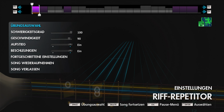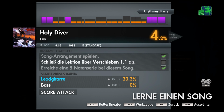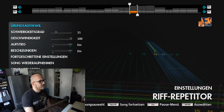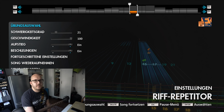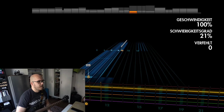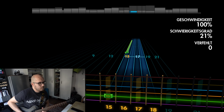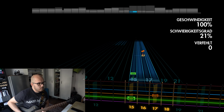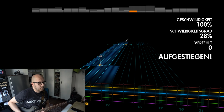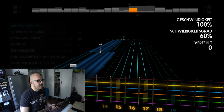And when you want to go to the solo part, I have to leave the song because I'm now at the rhythm guitar. I will change to lead guitar. So let's just go into one of these solo parts. We can see here, based on my previous playing, Rocksmith said, okay, the difficulty is set to 21%. Let's see how we perform. But when we say we want to increase the difficulty to, let's say, about 60%,